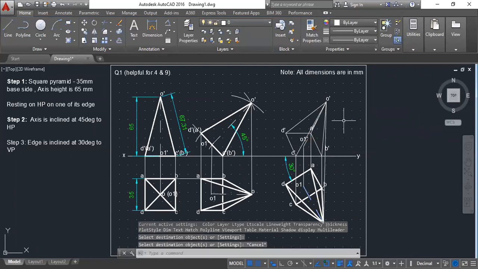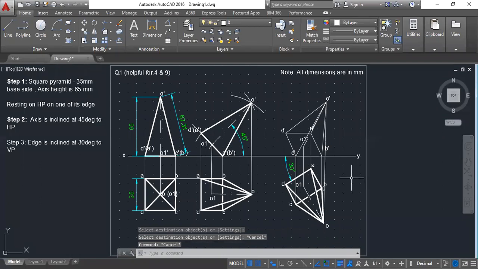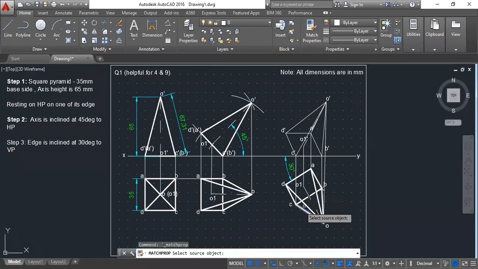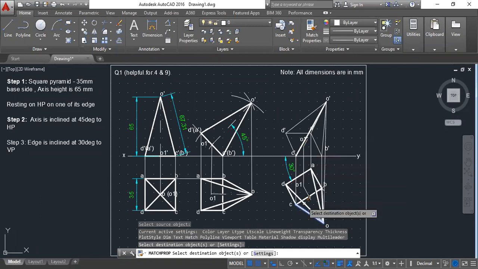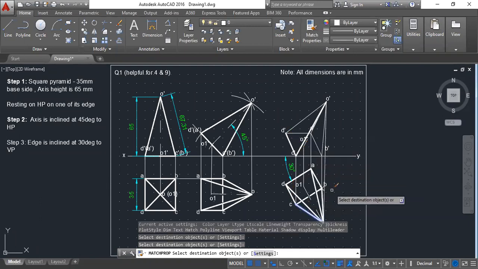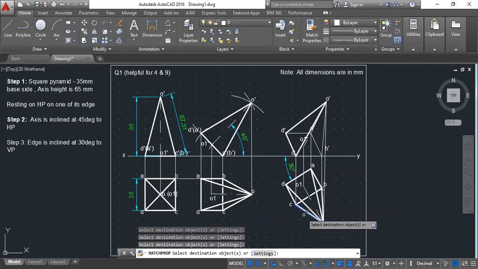Now the next thing comes here. What are the lines which are hidden in this? See, when you are drawing the front view, remember as if you are seeing it from the bottom. So imagine as if you are seeing it from the bottom. When you see from the bottom, can I see the line OC? Yes, I can see the line OC, so I'll make it dark straight away. Can I see the line CD? Yes, I can see the line CD. I'll make it dark. Can I see the line OD here? Yes, I can see that because from the base, those are the lines which are first visible to me.